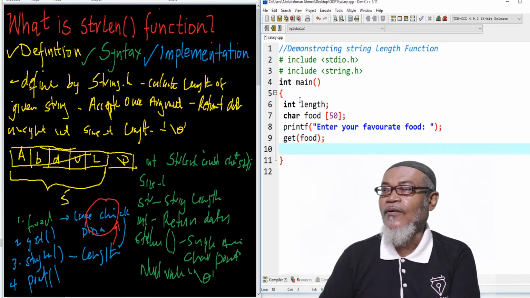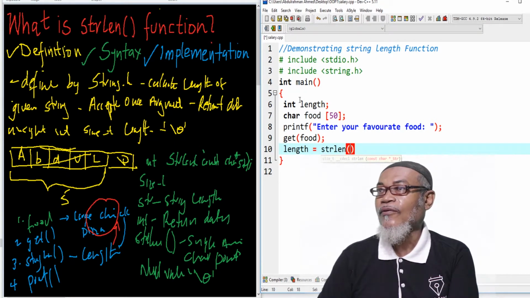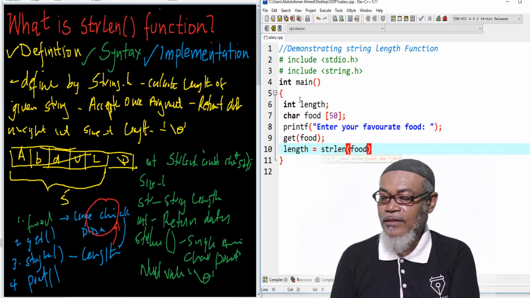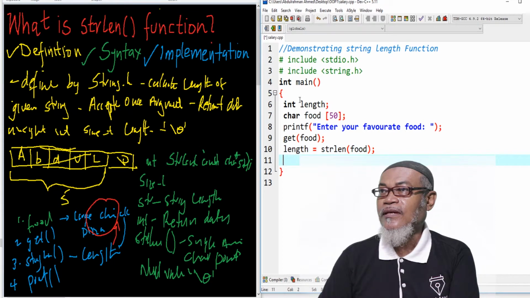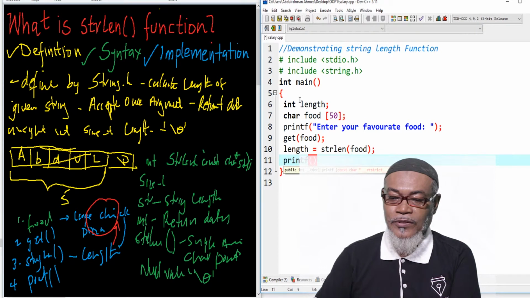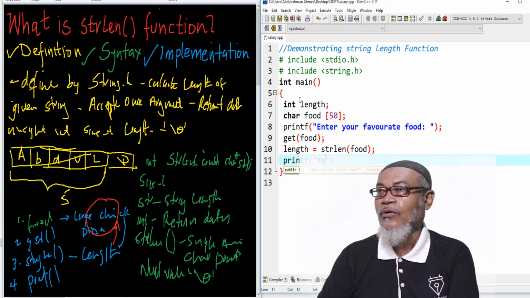And then we have our length here. Basically we are passing our food into our string length function. So whatever we are going to enter, it is going to get the length of that particular statement. And then basically we are using printf. What are we printing? We are telling the user whatever you have entered. So we are saying your favorite food